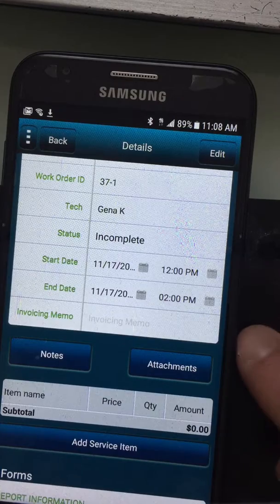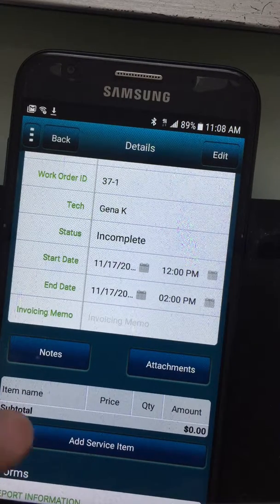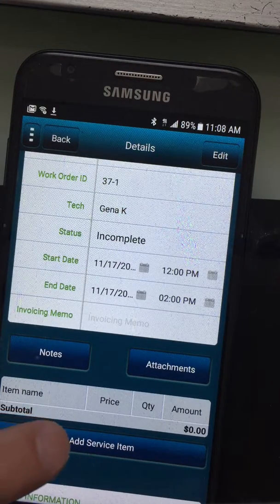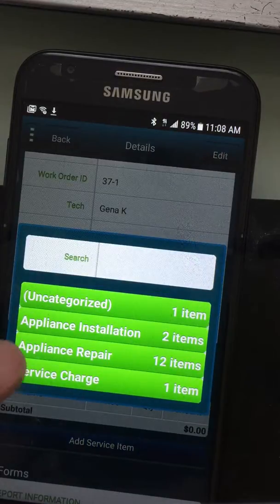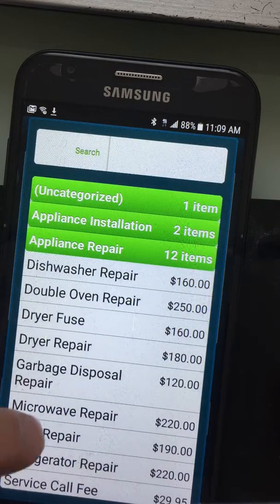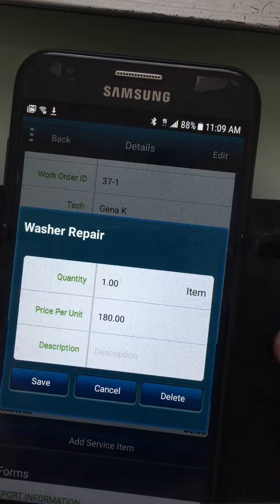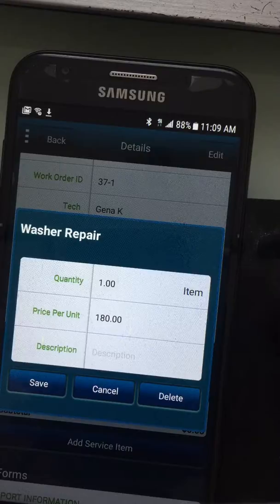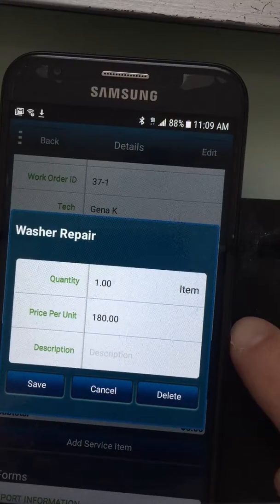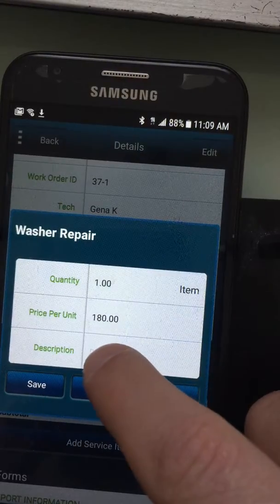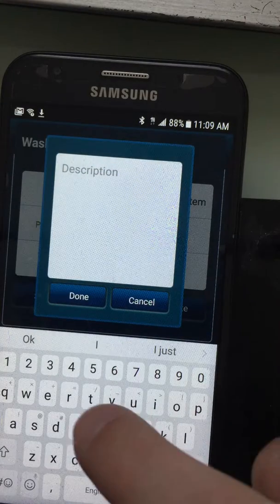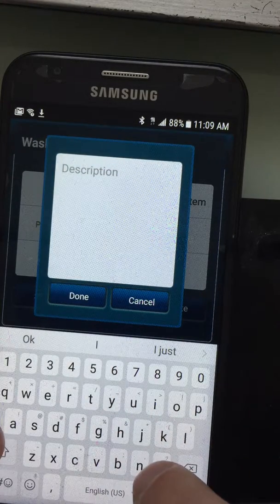Let's say if you want to invoice him from that mobile app, you have to add the service item. You click on the service item. Here are going to be pre-loaded some repairs that we have actually done in the past. Let's say you've been working on the washer, right? So you can just find the washer repair. We will try to add as many items as we can. In this case, it's a washer repair, and you can, let's say, write in the description, for example, Amana